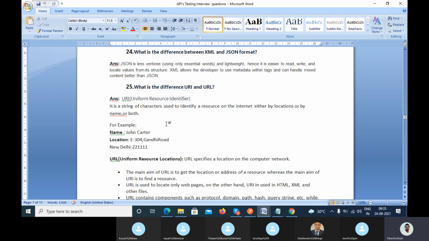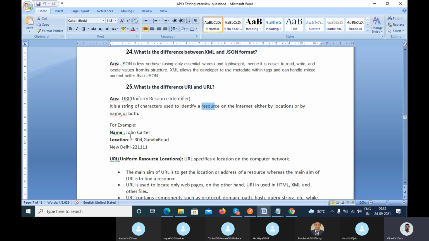URI means Uniform Resource Identifier. It is a string of characters used to identify a resource on the internet, either by location, by name, or both.